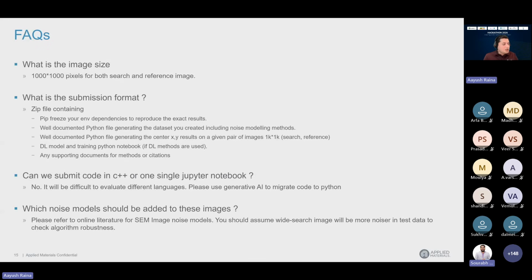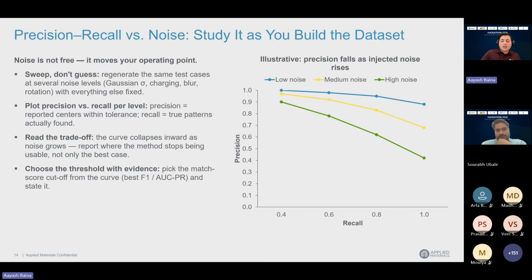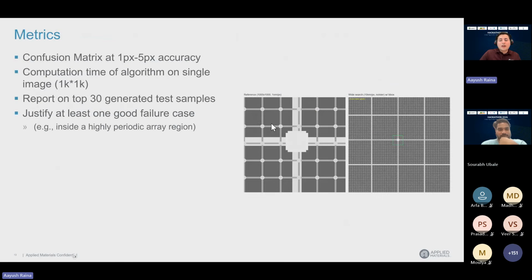How much percentage of noise can we add to the datasets? This is a good question. As you keep adding noise, you will start seeing some drop in your results, in your score. So you play with it and see how bad the image is, and then you can say, see my algorithm: if I add this kind of noise to my shapes, let's say on these lines, my algorithm still behaves, or gives this kind of accuracy.